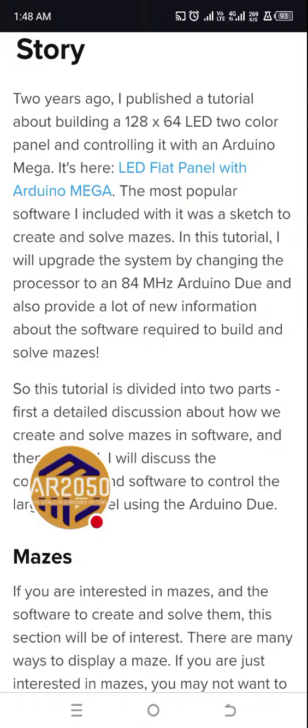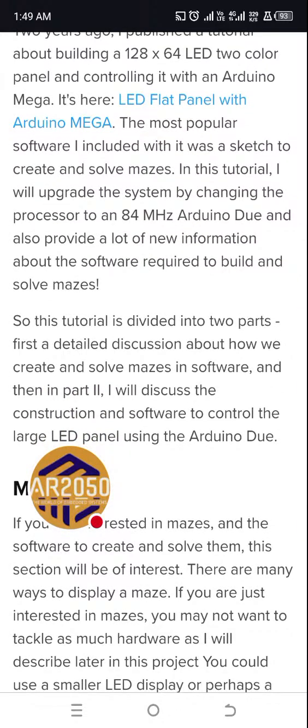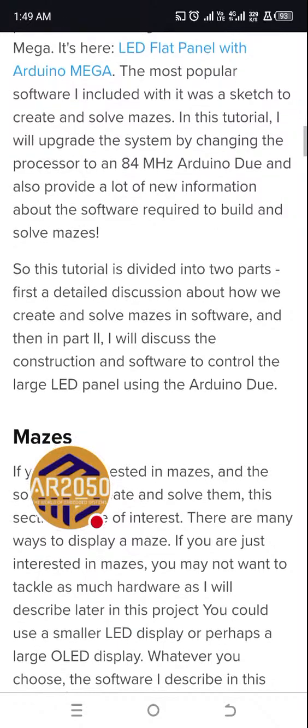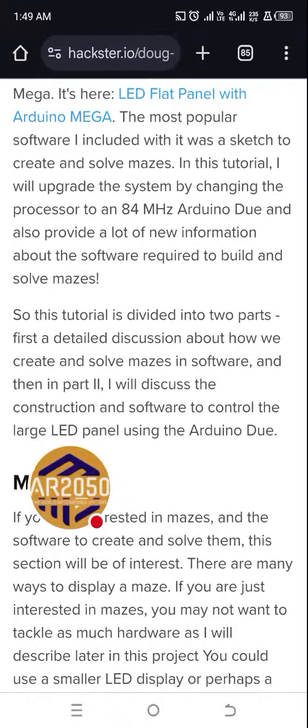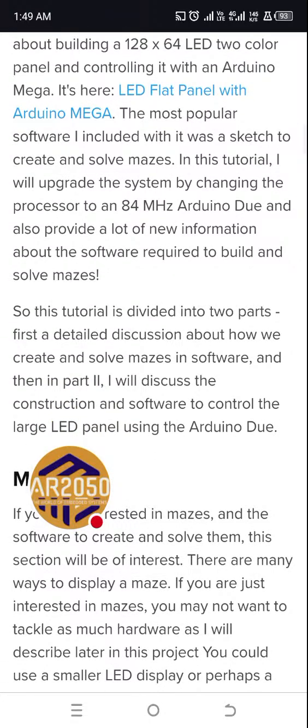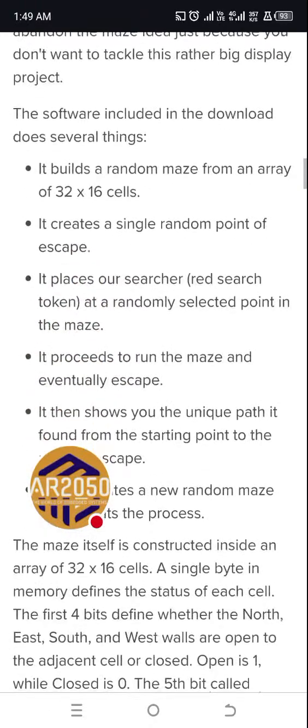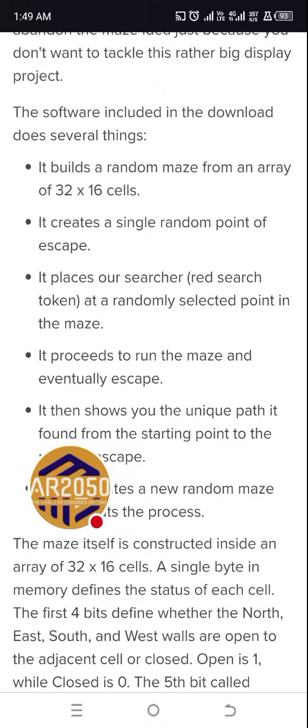The most popular software includes Sketch to solve a maze. In this tutorial, they are upgrading the process with the 84 megahertz Arduino Due, and also provide a lot of new information. So this project is related to the Arduino Due, and it builds a random maze from an